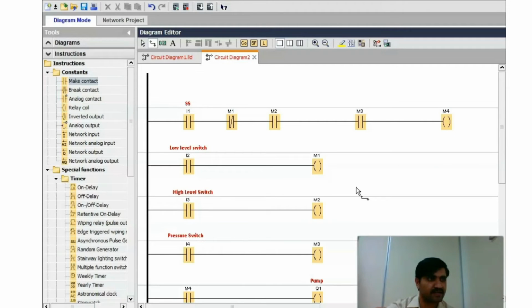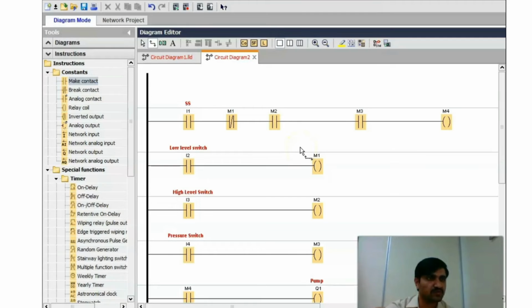We need another interlocking. Actually this setup is to maintain the pressure, but there are two other interlocking conditions. One is the pump should only start when the water tank level is high. It should not start when the water tank level is low, and it should stop also if running when the tank level of the water is low.